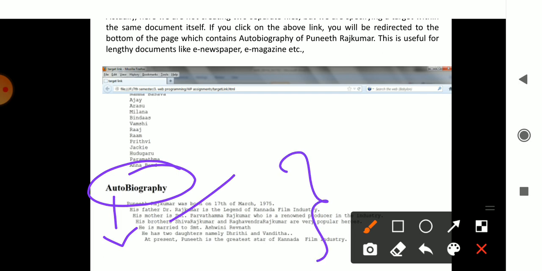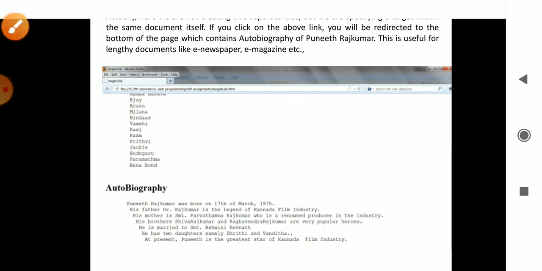This is the use of target. Target is nothing but using the concept of printing the statements in various different areas. It may be at the bottom, at the center, left or right, as I said. If I use right, it will move and print the text on this side; left means on this side. Like that the text will be printed in different areas. That is the use of the target concept in HREF.